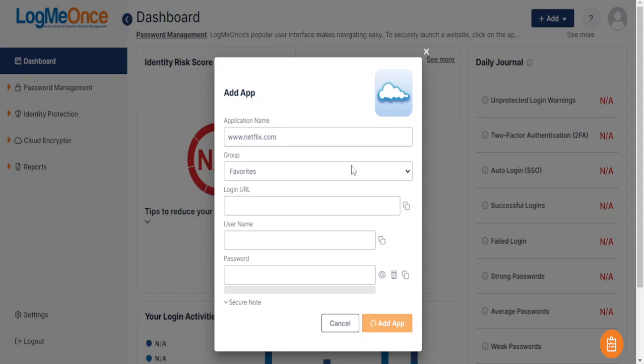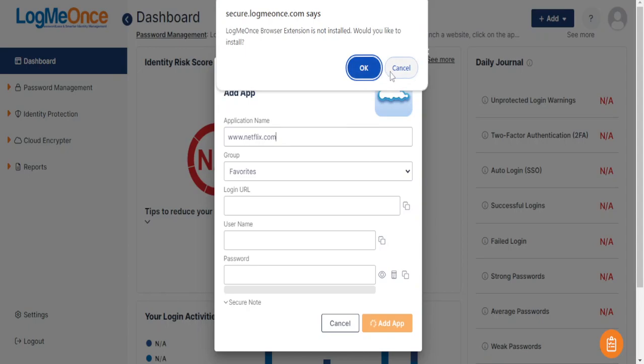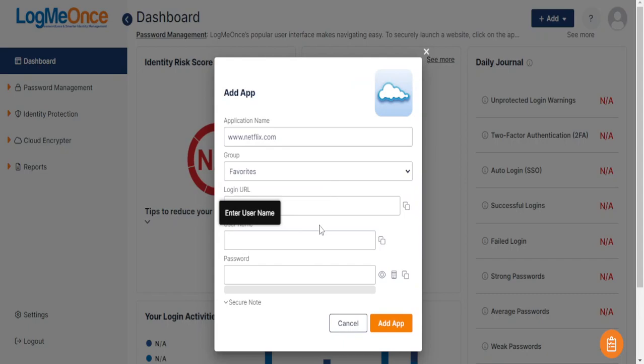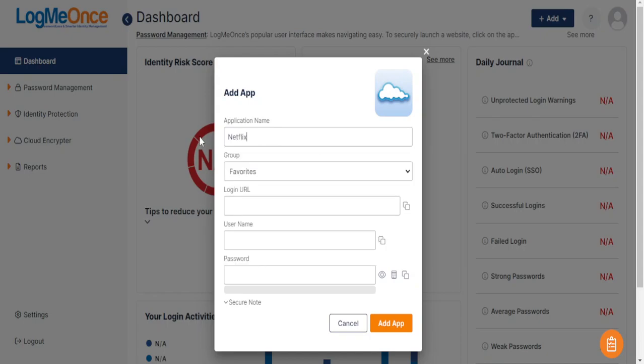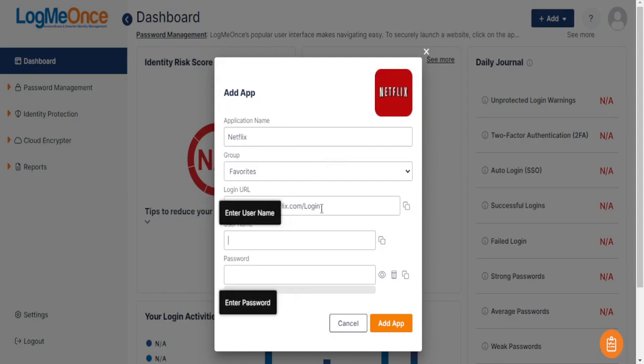Oops, I didn't add everything. Let's not add an extension. We just have to add the name. Okay, Netflix. Let's add Netflix. Here it is. It even got us the login link, and the username is Betty the Duck 123,